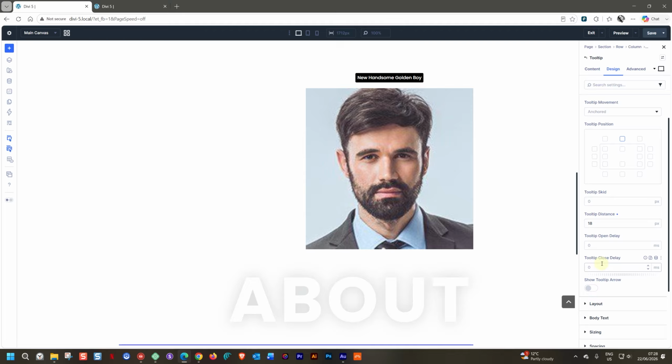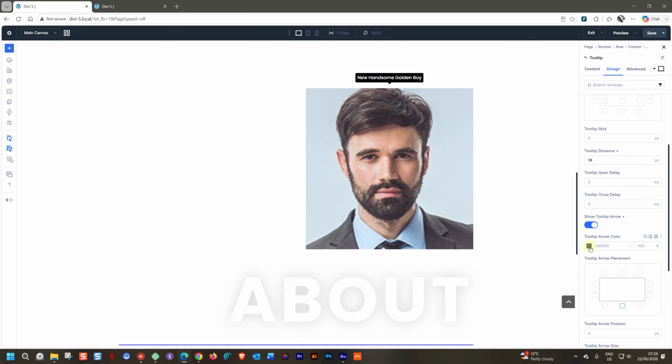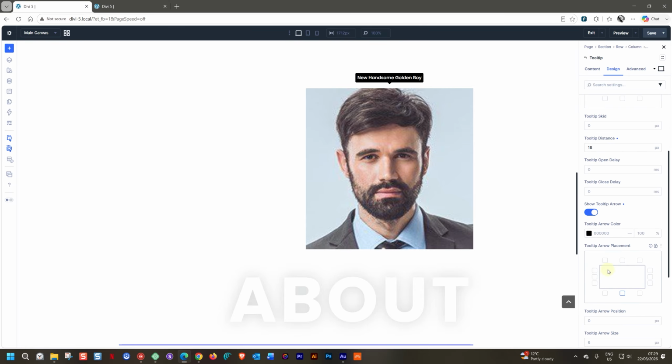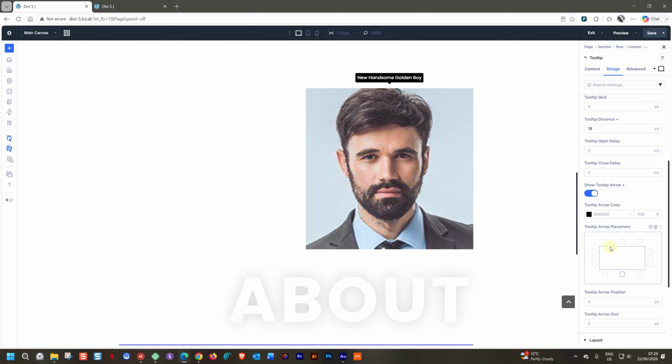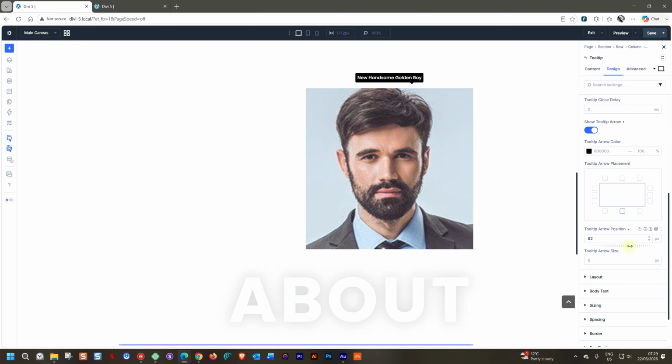Maybe you want a smooth little transition, then you can add a slight little delay, and it's in milliseconds. So if you put it on 500 milliseconds, it is half a second. And then show tooltip arrow, which I think is pretty cool. Then you have that little arrow there at the bottom, and you have full control. You see here you have the tooltip arrow color, and you even have positioning for the tooltip arrow placement. I can grab this position over here and I'll drag it. And the size, where is the size? Let's make the size bigger first so you can really see that big one there. And then as I drag the position,